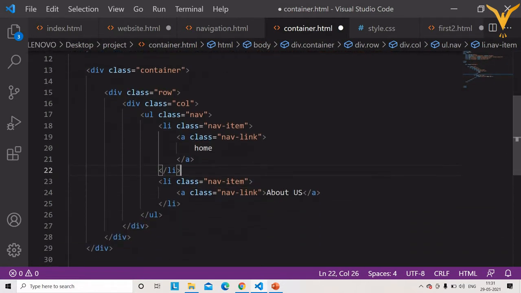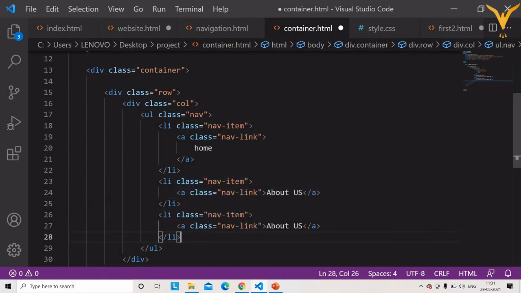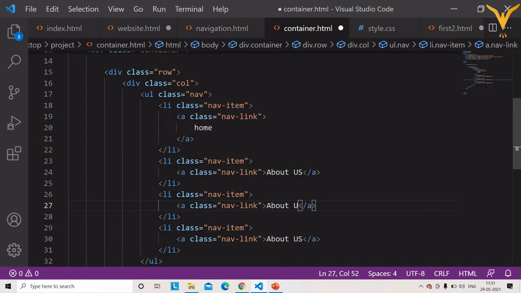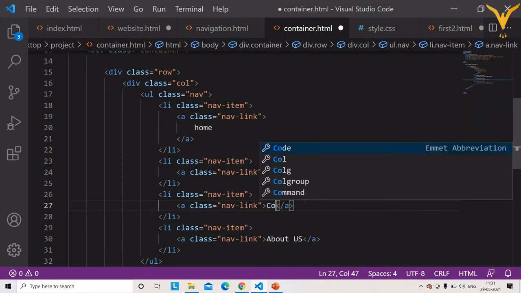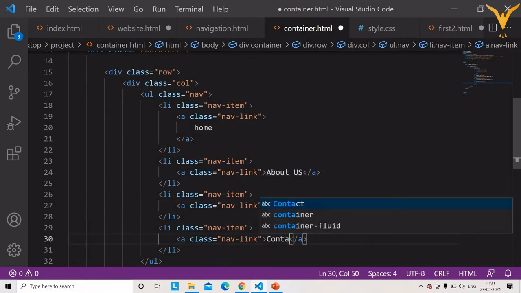Now again we will copy this. We are going to have four menus in our navigation bar. This is third and this is fourth. So we'll change the names of the menus: About us, then Courses, and then Contact us.